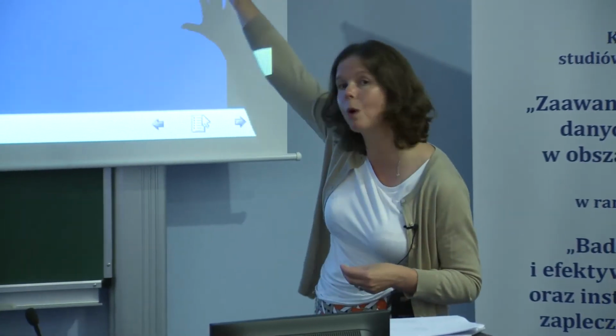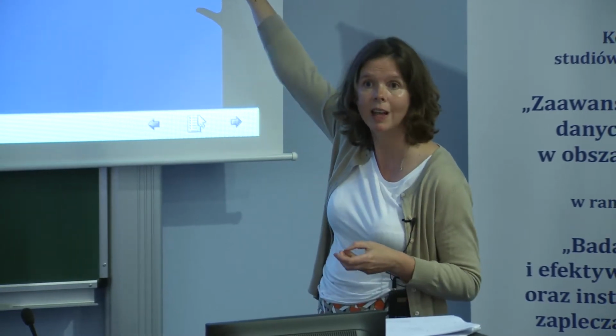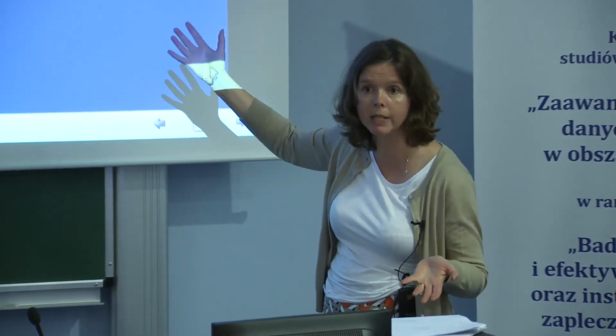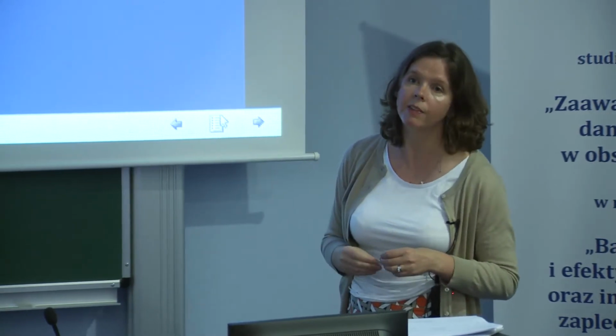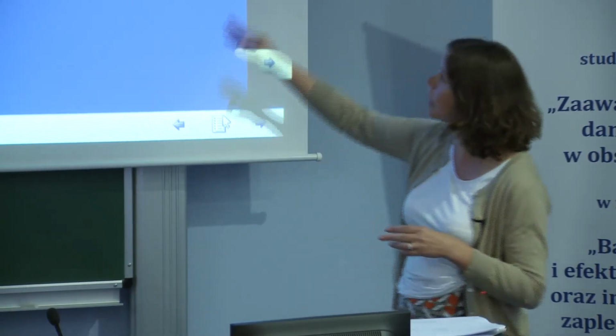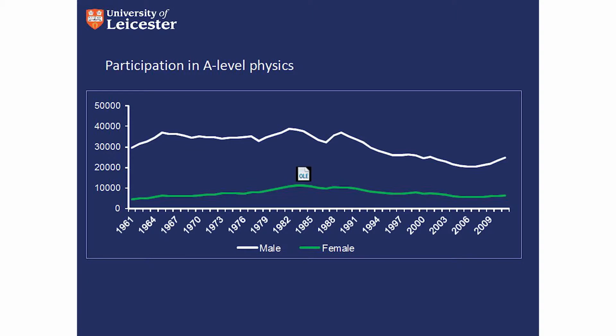We don't know what would have happened to these numbers had these interventions not been in place, but it's very difficult to say that they've actually made a difference, particularly amongst the number of women who study physics at A-level. If you want to study physics at university, or many of the subjects that are associated with physics at university, then you pretty much have to have studied this at this level. And if you don't study it at A-level, then that route is closed off to you, largely. There are very, very few exceptions.